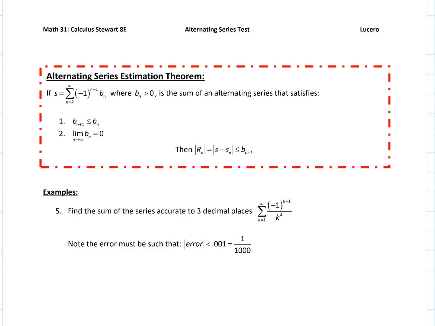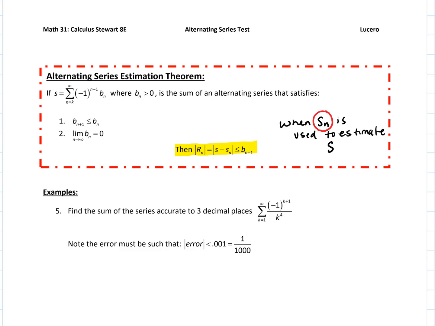And if that is the case, then if we were to use n terms to make an estimation, so this is when S sub n, the partial sum, is used to estimate the actual sum S. Okay, so when we use S sub n, when we use n terms, 10 terms, say,